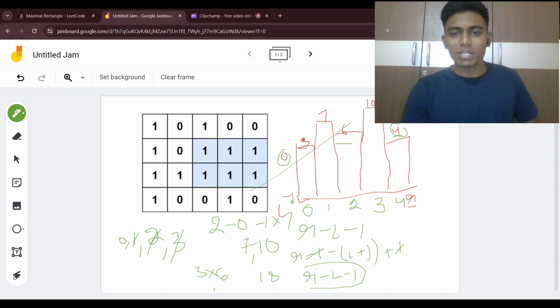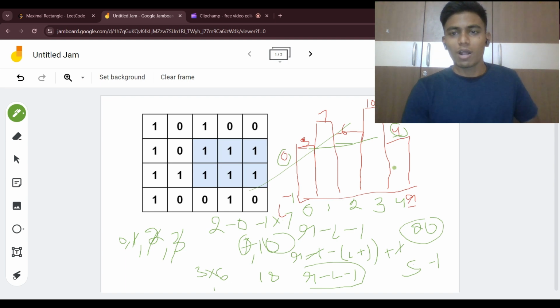4 minus 1 is going to be 5, and then we are going to do one more minus 1, which is going to be 4, and then 4 times 5 is 20. So these are the different areas: 7, and then 10, and then 18, and then 20. So this is going to be our answer, which is going to be considered for this: 1, 2, and then 3, and then 4, and then again